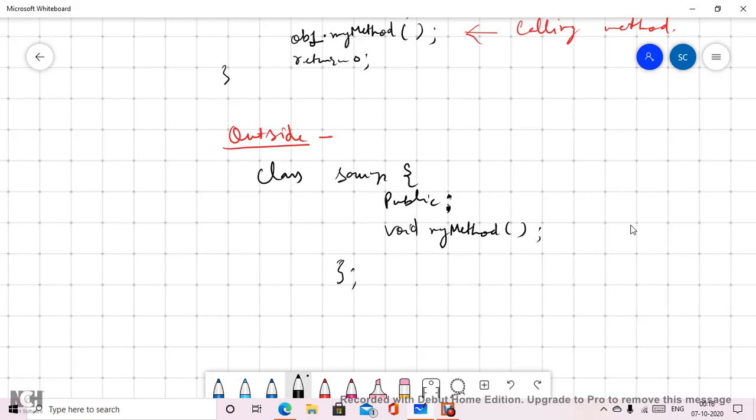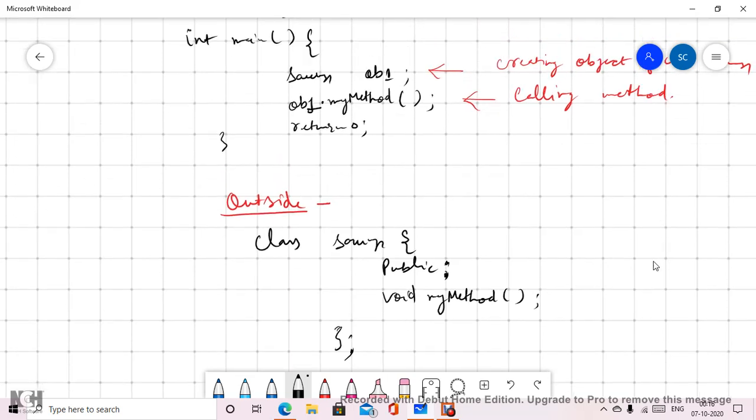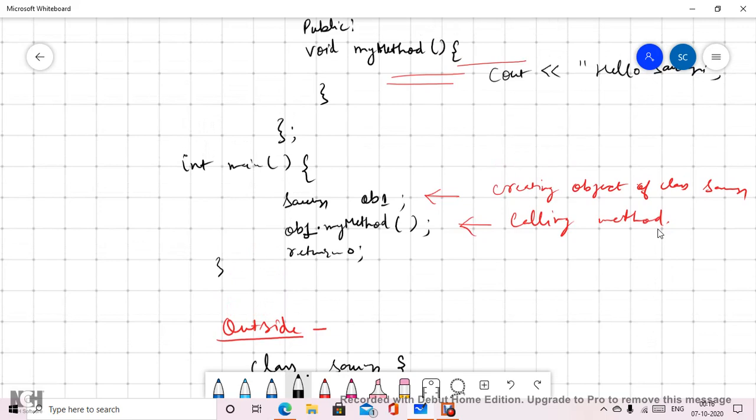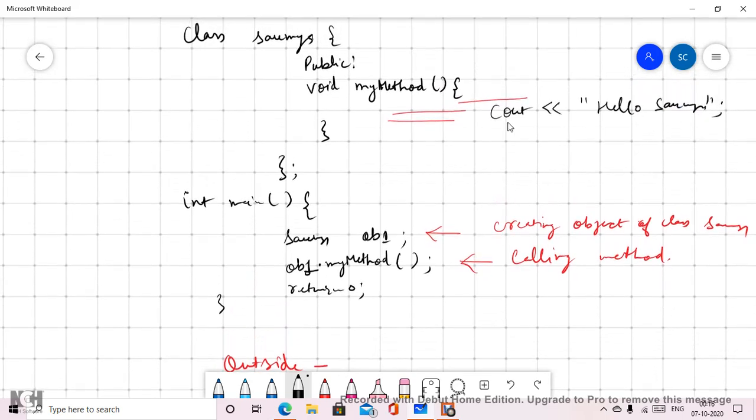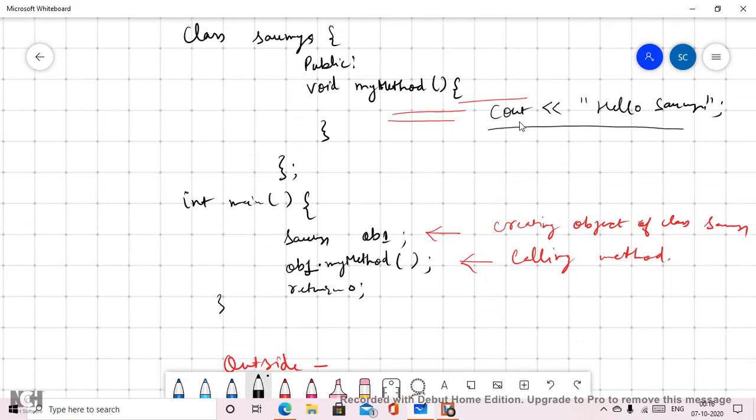Now the difference here, as you can see, is what we did in the previous case. In the previous case we didn't finish the boundary of the method itself; we wrote the code here, in the position where the code is to be executed when this method is called, inside the class boundary. The class finishes at this point.